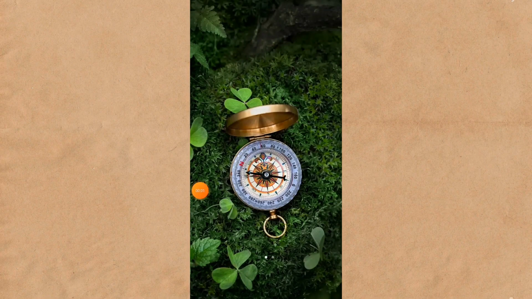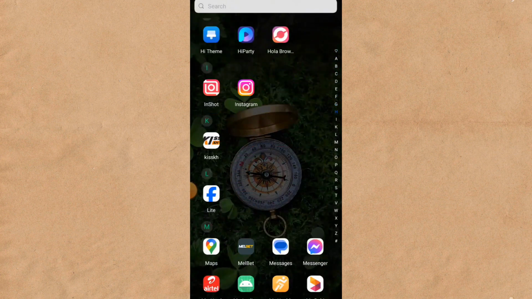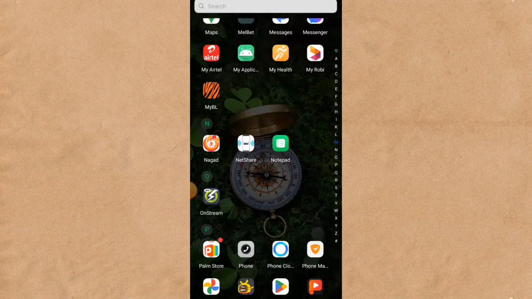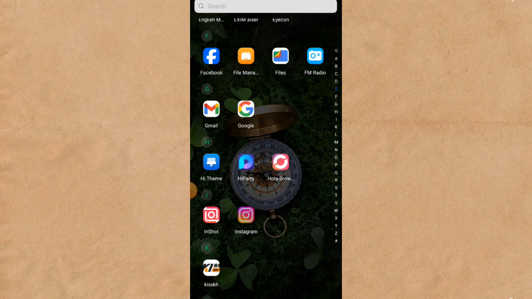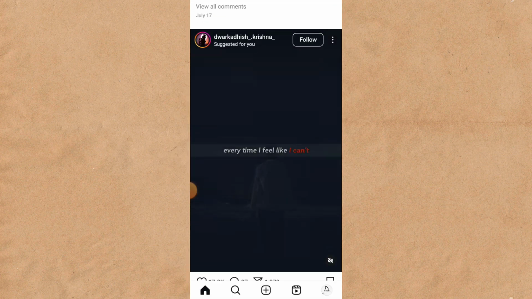How to add post and video in Instagram Note. It's very simple. What you have to do is open your Play Store and make sure your Instagram is updated. After that, go to your Instagram, and after you come here in Instagram,